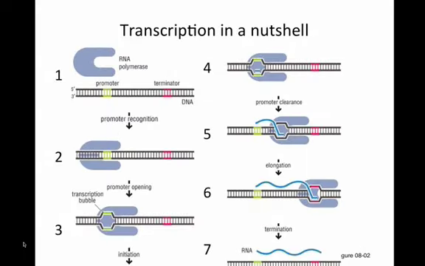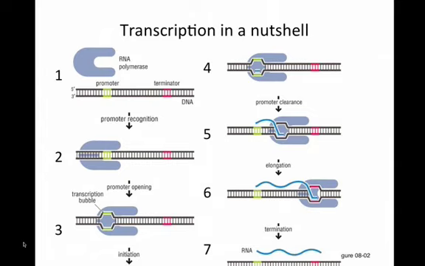Okay, so this is transcription in a nutshell. We'll go into it in more detail on Wednesday. So you have a promoter, and then you have a terminator. That's where transcription is going to start, and that's where it's going to end. And the whole point of transcription is getting RNA polymerase to the promoter. There are different ways that happens, but it mostly has to do with other proteins that are going to bind and recruit RNA polymerase. First the promoter needs to be recognized in some way, usually through binding of other proteins, that then recruit other proteins, that then recruit RNA polymerase.